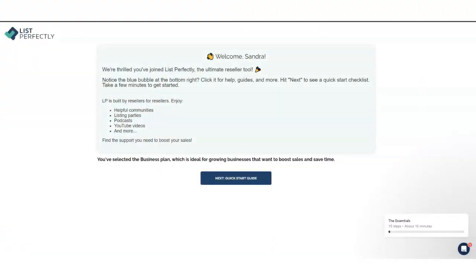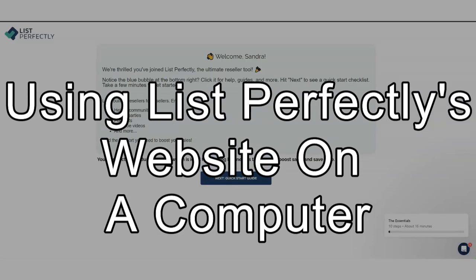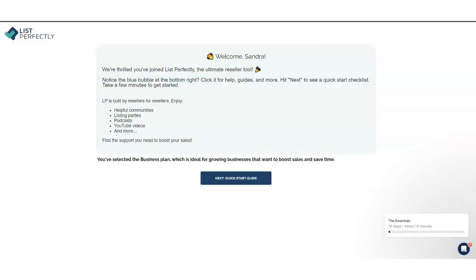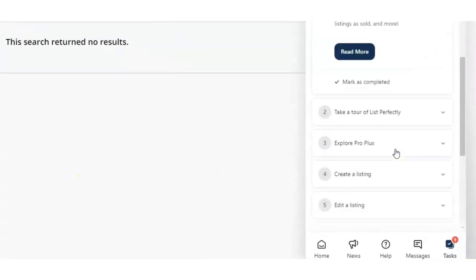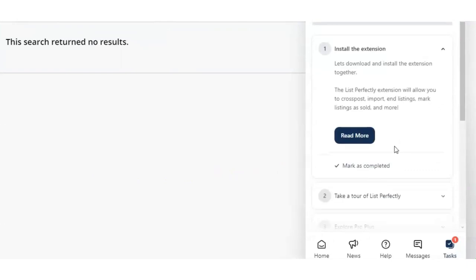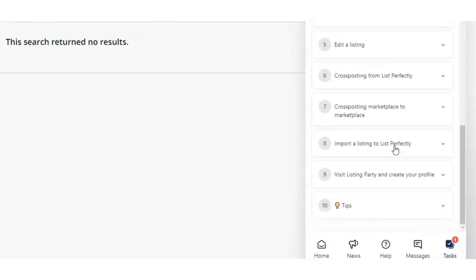Now that we have all of those basics out of the way, let's get started with how to actually use List Perfectly. I'm at my computer now, and here is what a new List Perfectly account would look like for you. Over at the bottom right hand side, you'll see a guided tour and tips to get you started. You can go through all of these steps on your own to familiarize yourself with List Perfectly, or you can